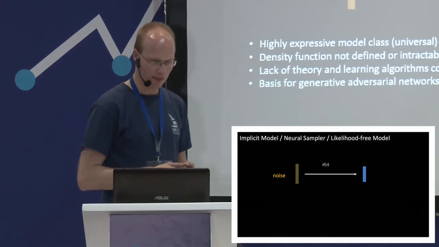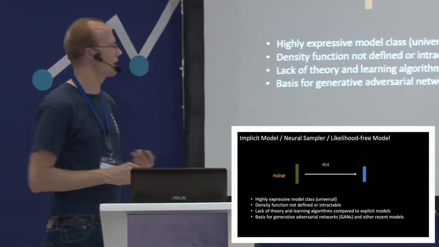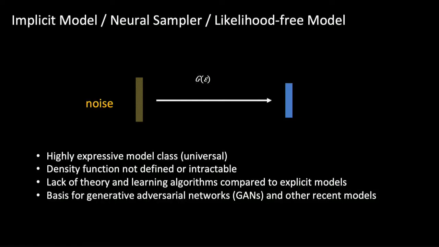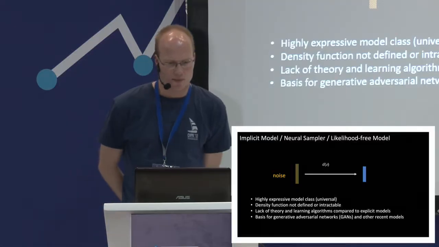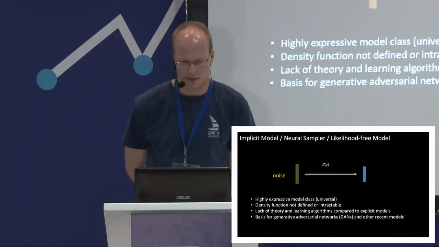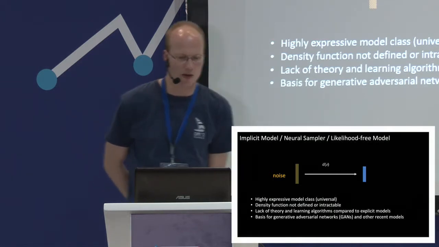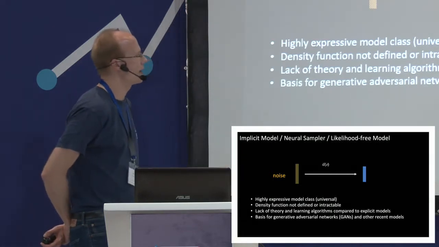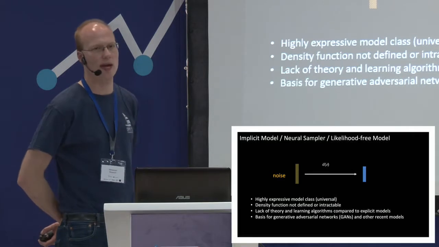However, we have seen that these models can be highly expressive. Any distribution can be represented in this form. I can always transform a reference noise distribution, say a uniform distribution, into whatever output distribution. There exists a function that does this. And they are so important because they form the basis of generative adversarial networks. But we have a comparative lack of theory and a comparative lack of learning algorithms compared to these more classic